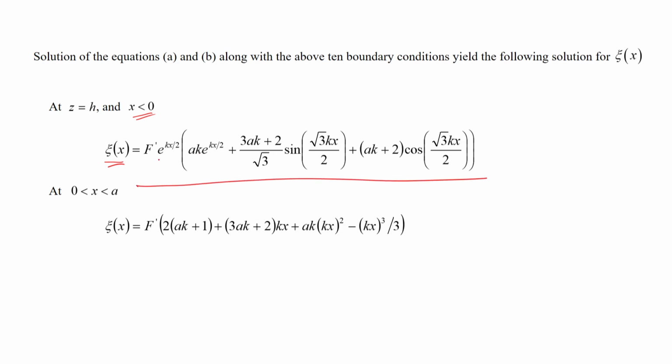So, there is an exponential quantity over here, and there are sine functions and cos functions over here. And from 0 to a, this zeta of x is given by this. Now what this solution means is that at x less than 0, that means this